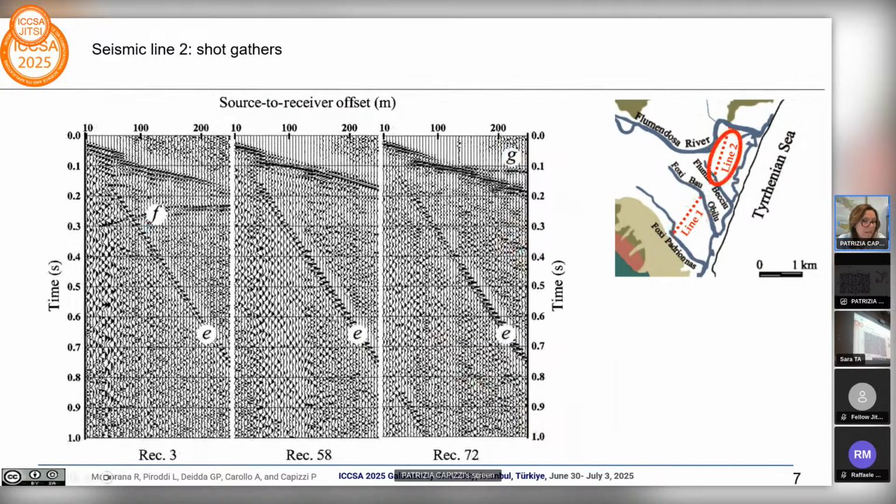Here we can see three shot gathers representative of the seismic data set along line 2. The signal-to-noise ratio for all records along line 2 is generally less than that for line 1. A strong airwave event E is evident in all records. You can see that, and event F here in record 3